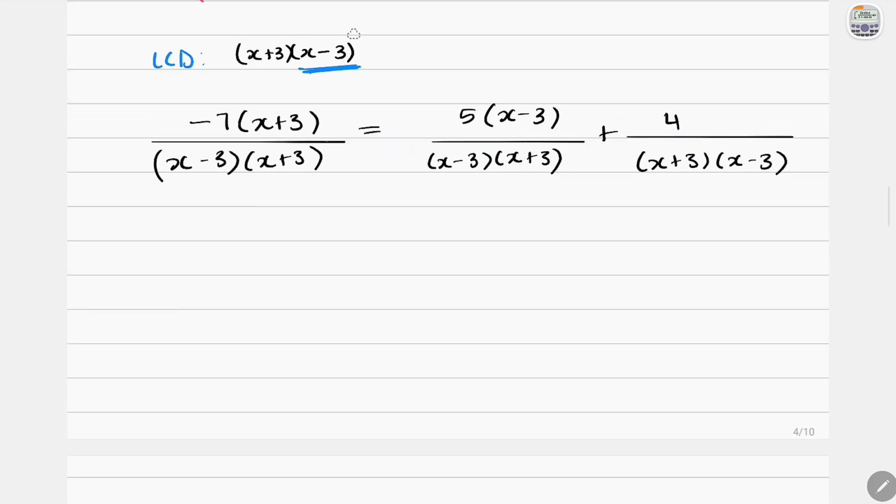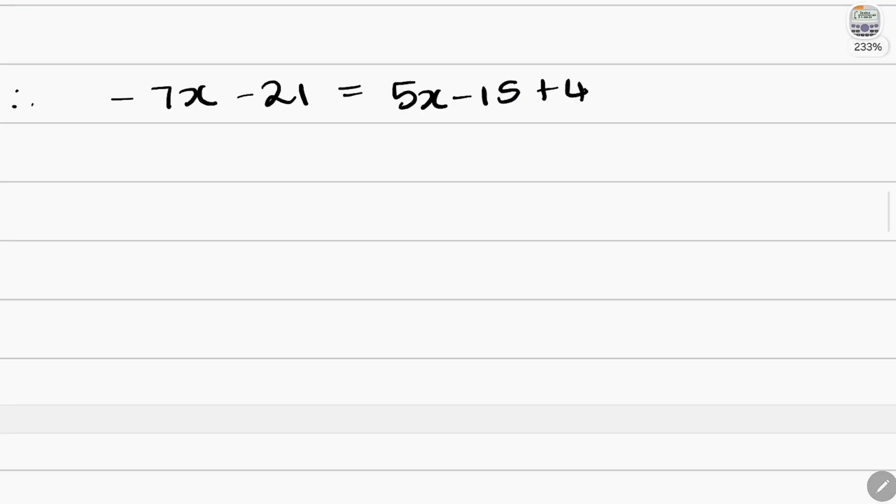Okay, so when we do that, all we are left with is minus 7 and then x plus 3. We might as well start distributing. So distribute, it's minus 7x and then minus 21 equals, and distribute, that is 5x minus 15 and then plus 4. And you just have to solve for x here. Okay, so x is on one side, that is negative 7x, and that comes over to become a minus 5x, and they will become minus 12x is equal to,